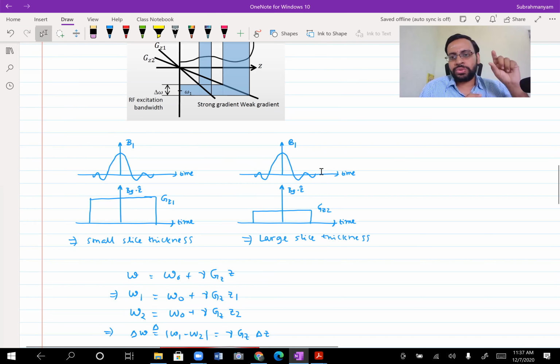Now you want, at the same time, the different regions along the z axis to resonate differently. So you are applying a gradient field. There are three fields, right? The B naught field is constant, the B1 field you are using to tip. The other field that you are going to apply now is this gradient field. If you want a small thickness, you use a relatively high value of Gz. If you want a larger slice thickness, you make this Gz gradient value small. Is it clear? I hope these graphs are clear.